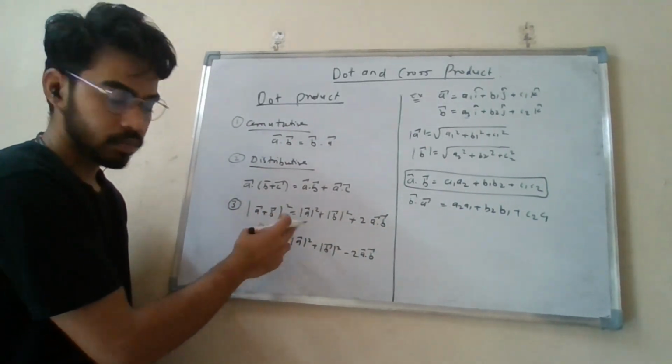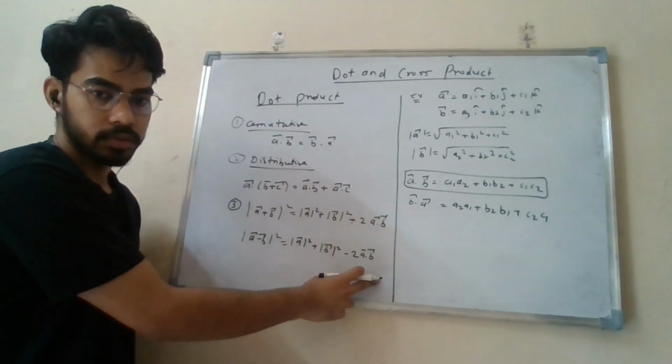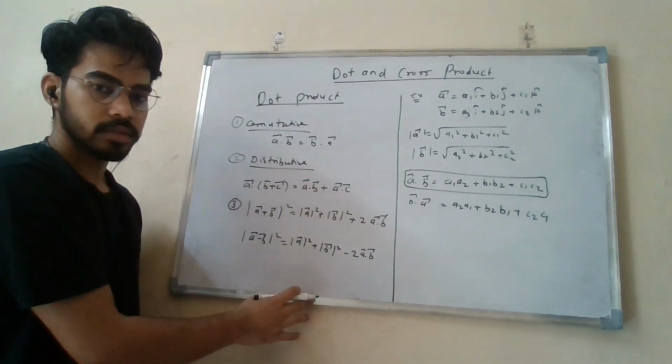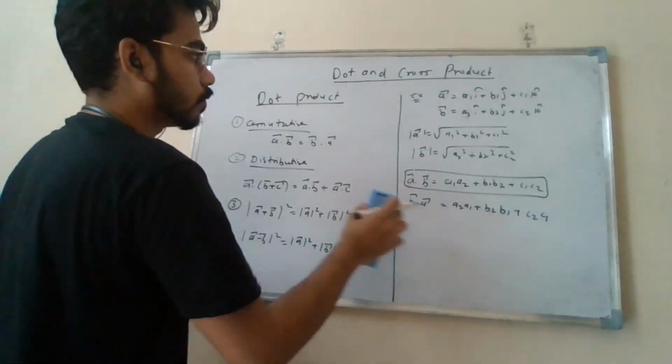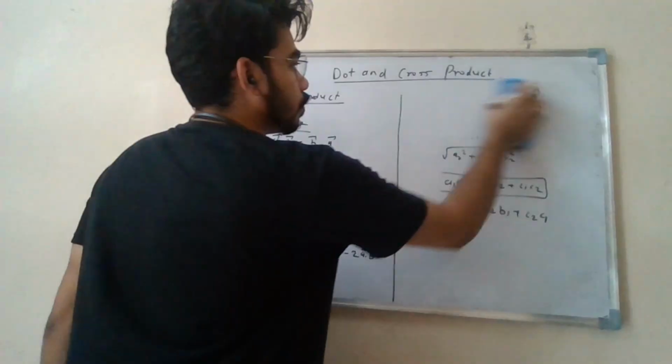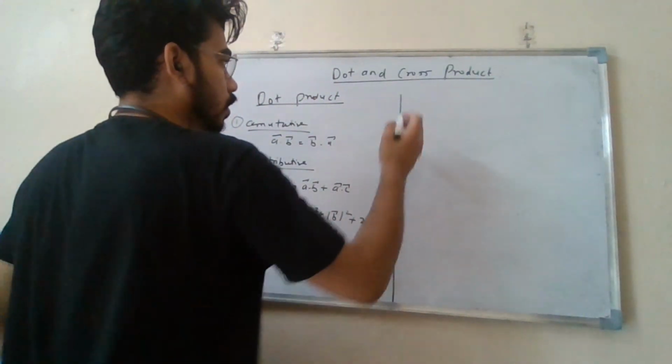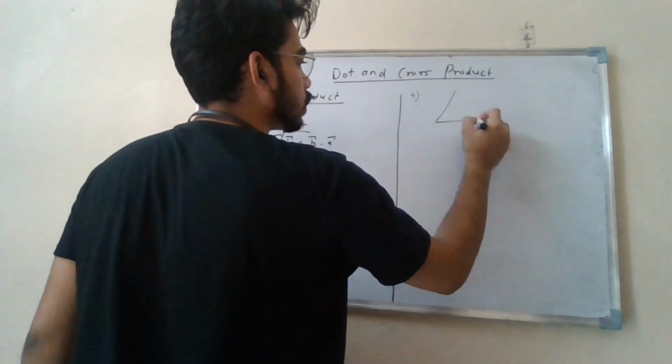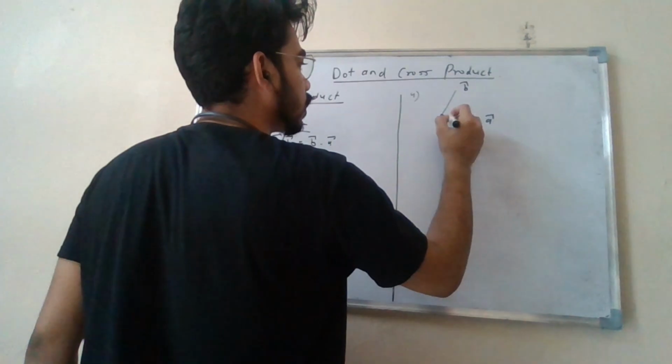Similarly, A minus B mod A minus B square, this formula is given. Okay. These are some few properties. And the fourth one is related to the angle. We know that if I have two vectors like this, A vector and B vector, and their angle is theta,